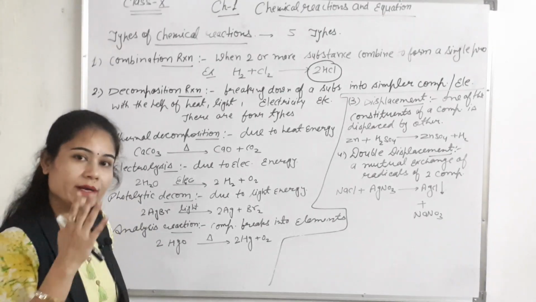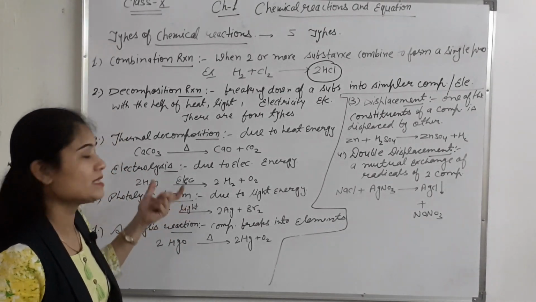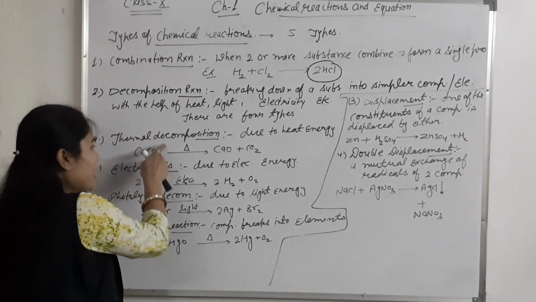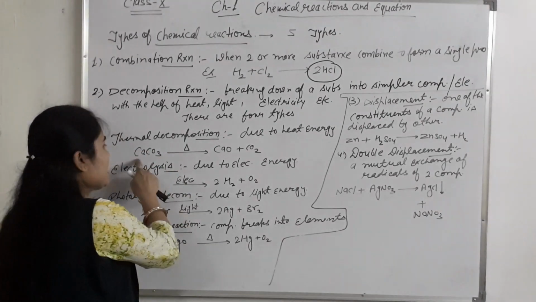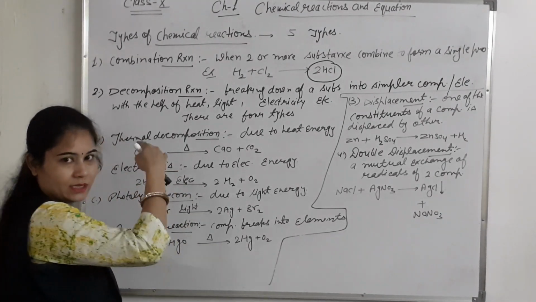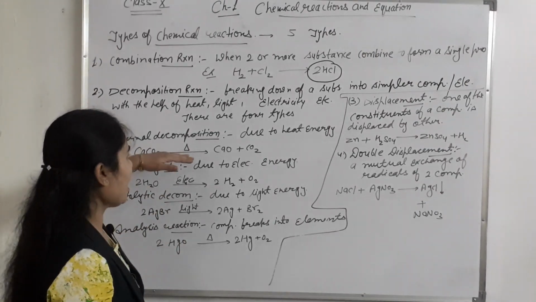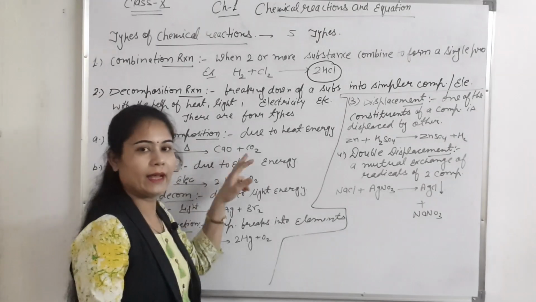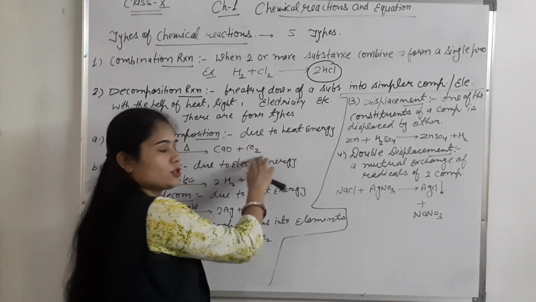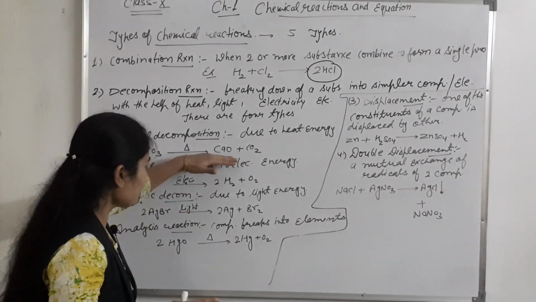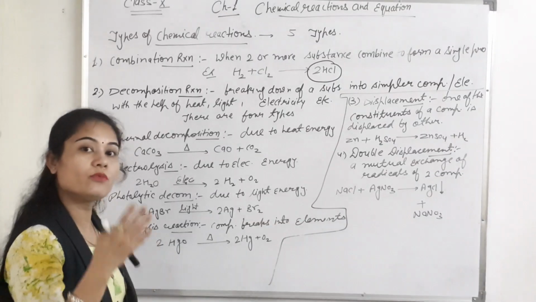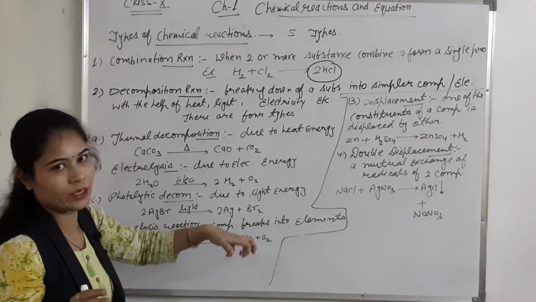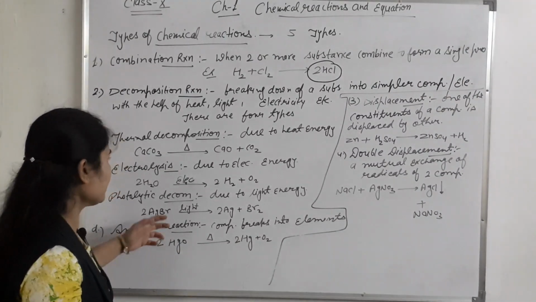Okay, we have the example of calcium carbonate. We have already studied calcium carbonate. This is a chemical reaction. We have symbols: CaCO3, that is calcium carbonate. This exists in solid form and we give heat energy to it, and this compound will break into calcium oxide and CO2. These are the final products of the reaction. These final products are the products of decomposition with the help of heat energy. This is exactly thermal decomposition. I hope you all will understand.